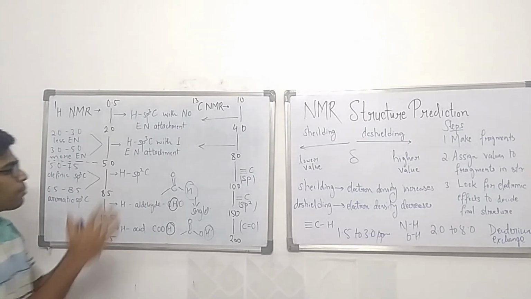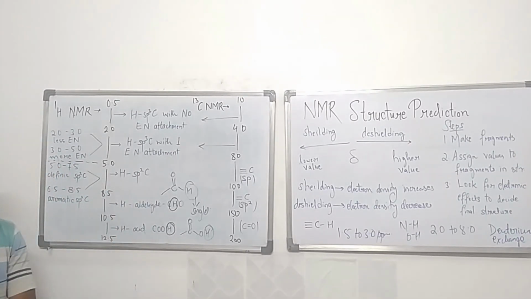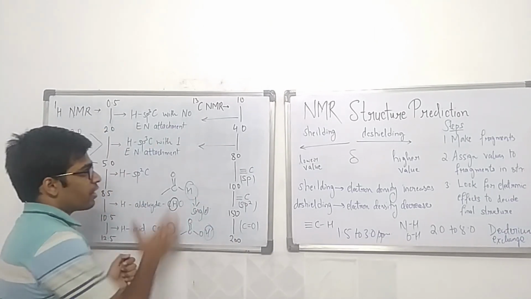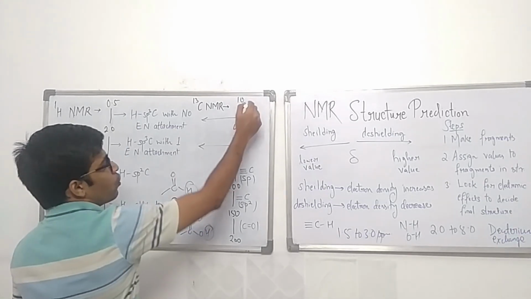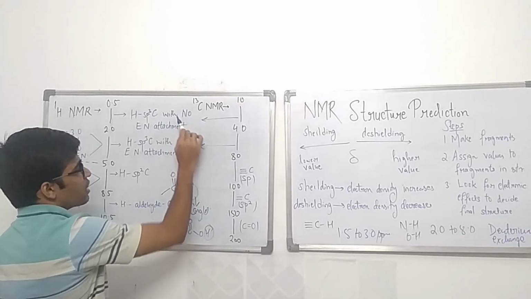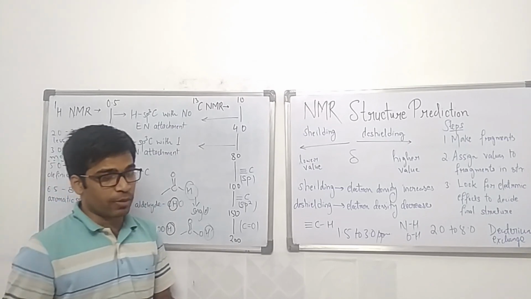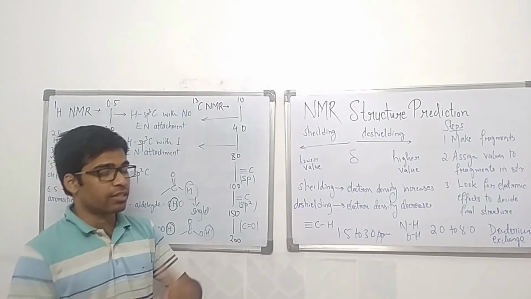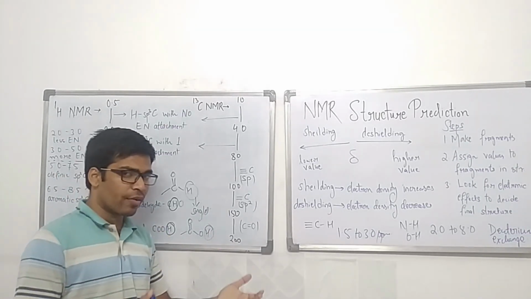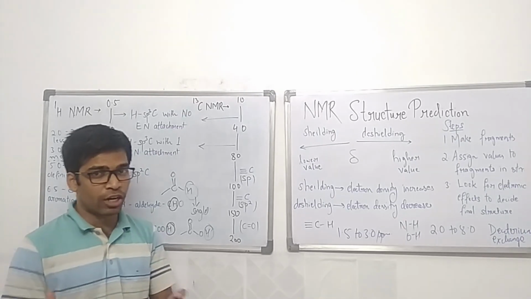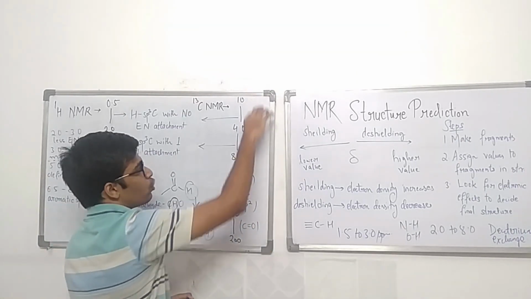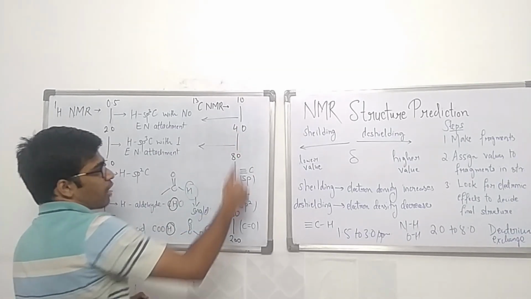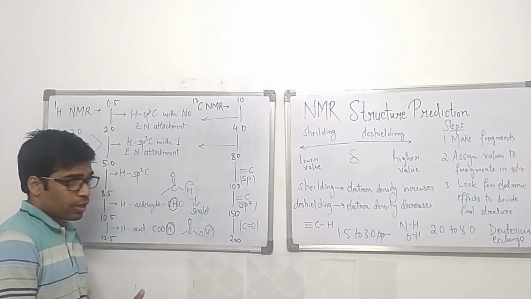Now most of the time, along with proton NMR, carbon NMR data is also given. So we'll also look at those values which correspond to a similar hierarchy for the carbon NMR. For 10 to 40 ppm, it is again an sp3 carbon which doesn't have any electronegative attachment. Now this 40 limit need not be true every time. It might happen that something which is 39 has an electronegative attachment, or something which is 41 does not have an electronegative attachment. Just a range is given from 10 to 40. From 40 to 80, the carbon has one electronegative attachment. It is still an sp3 carbon.